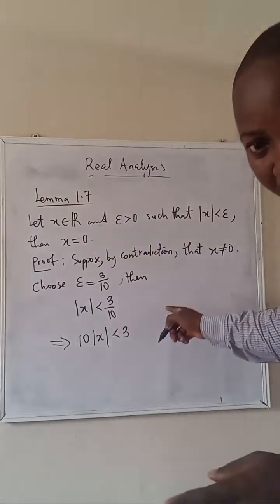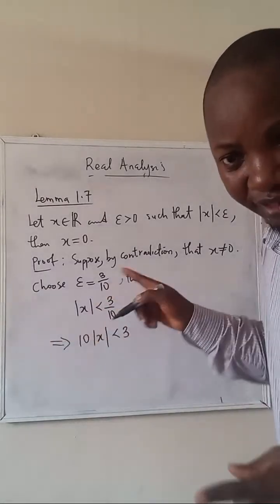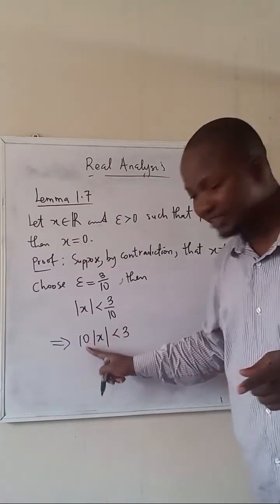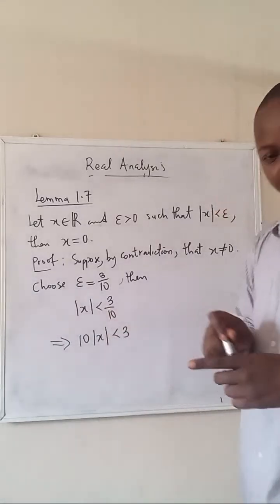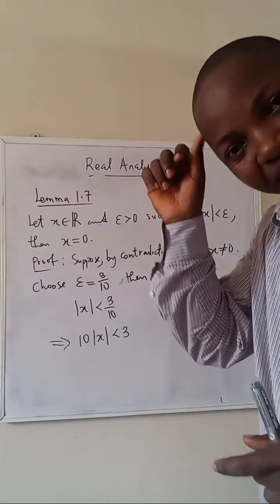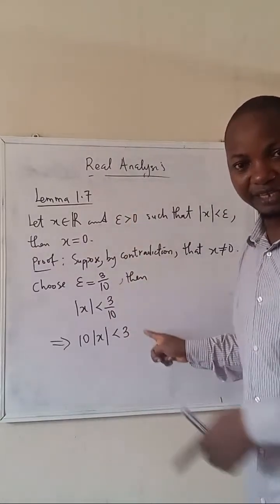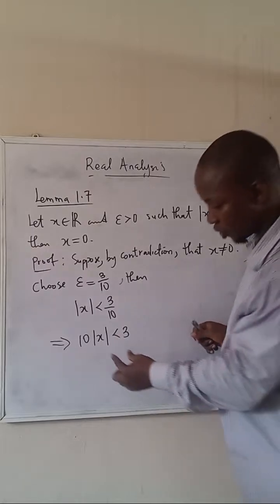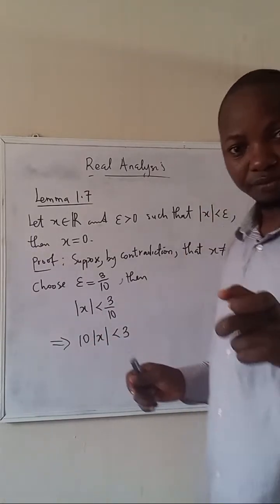Okay, I think we have said, though this is obvious anyway, cross multiplying under the rational numbers. Now, this is 10, this is the absolute value of x, less than 3. Is this possible in math? Is it possible that 10 times a non-negative number is less than 3? It is not, because the absolute value of x is a positive number.